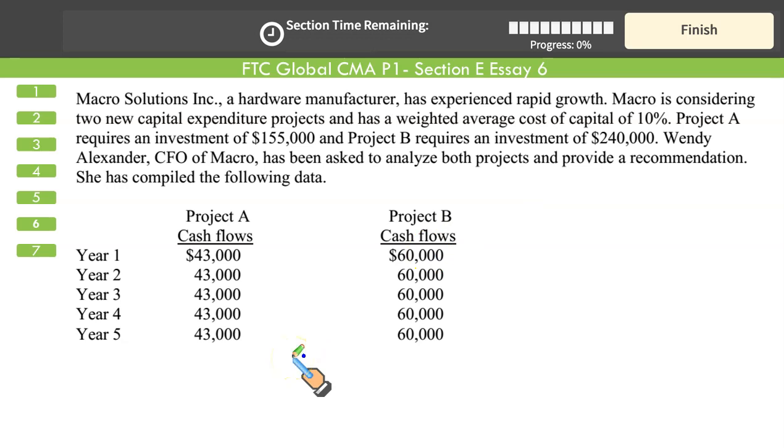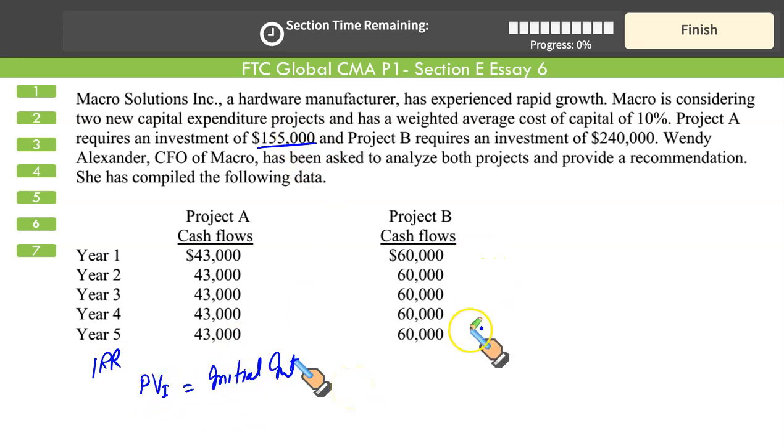Remember, gentlemen, IRR is the rate at which the present value of inflows is equal to your initial investment. As we discussed a little while earlier, it is the rate at which present value of inflows is equal to present value of outflows, or present value of inflows is equal to initial investment, because here we just have one investment at year 0. Otherwise, there can be multiple investments in year 0, year 3, 5. In that case, we say present value of inflows is equal to present value of outflows. But right here, there's just a single investment, so I've written PV of inflows is equal to initial investment.